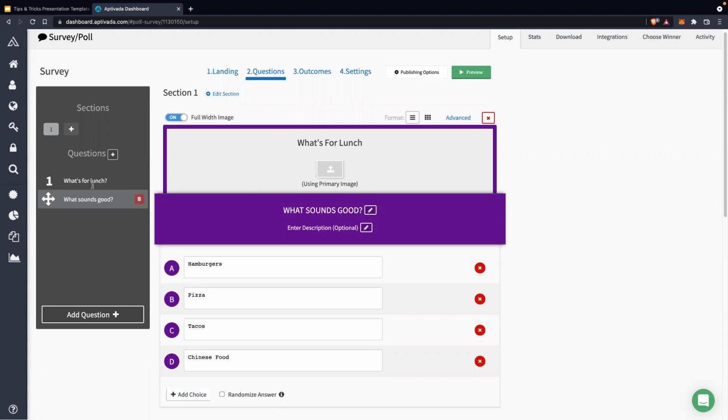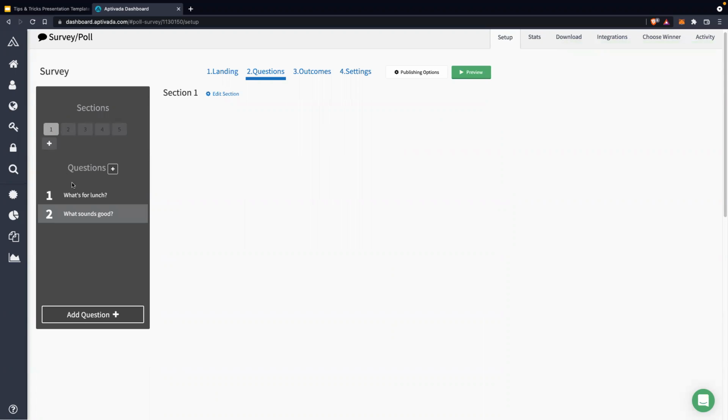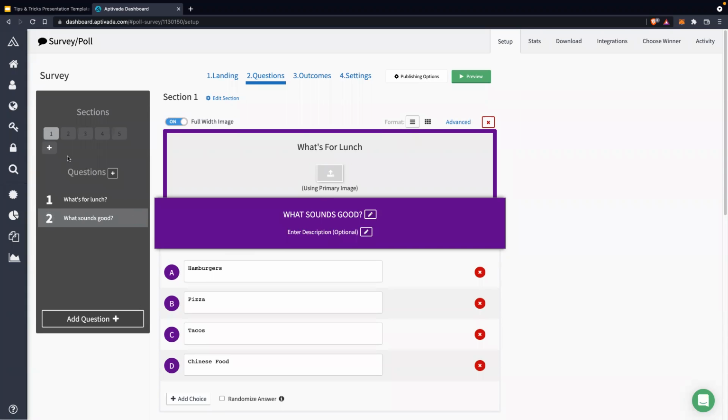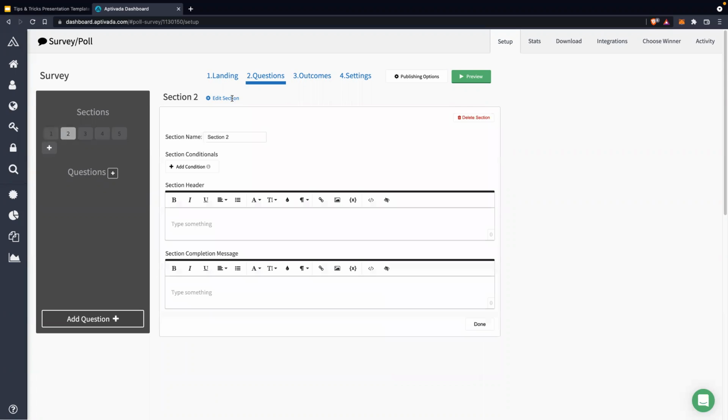Rather than adding another question, we're going to add a few sections. So let's add as many sections as we have answers on our "what sounds good" question there, because what we can do here now is create our section, and our first section is going to be hamburgers,